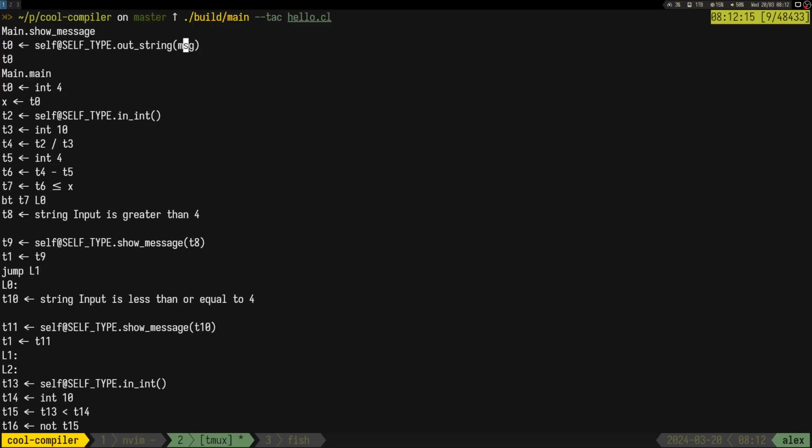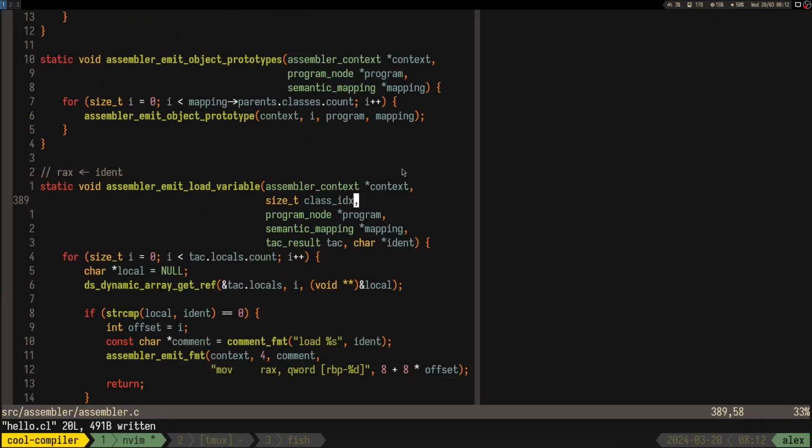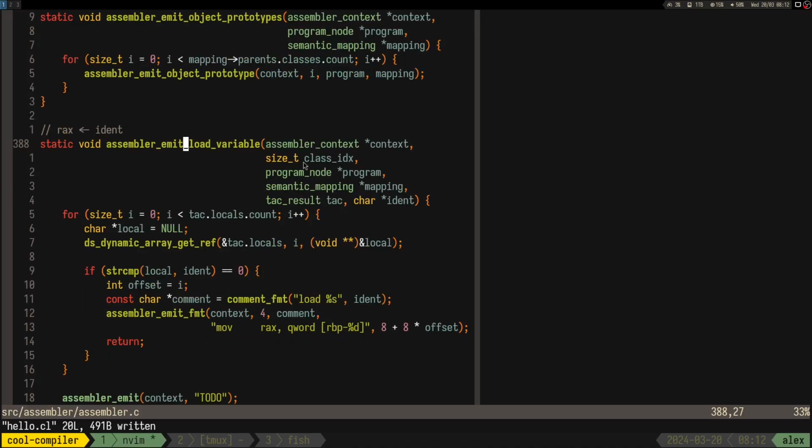Okay, so now show message also takes in an argument, right? But the argument comes from the arguments. Like this variable comes from the arguments. So we need to know the current method to be able to use this. Right, like when we want to load a variable, we might need to also know the current method. We know the current class,